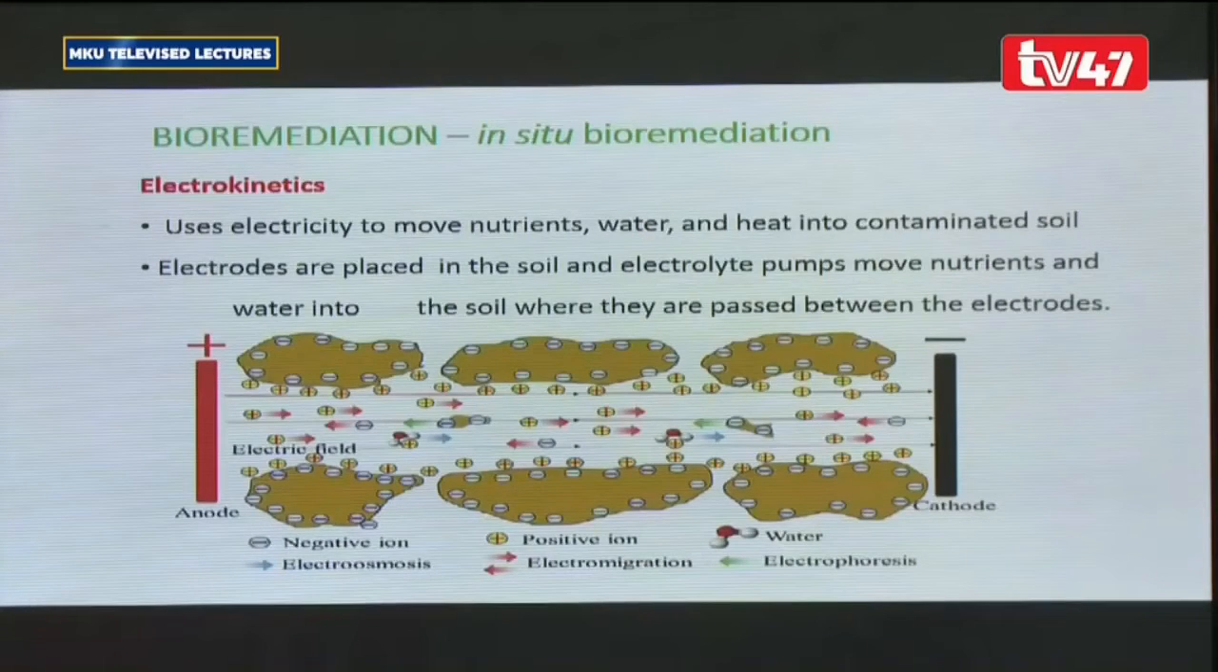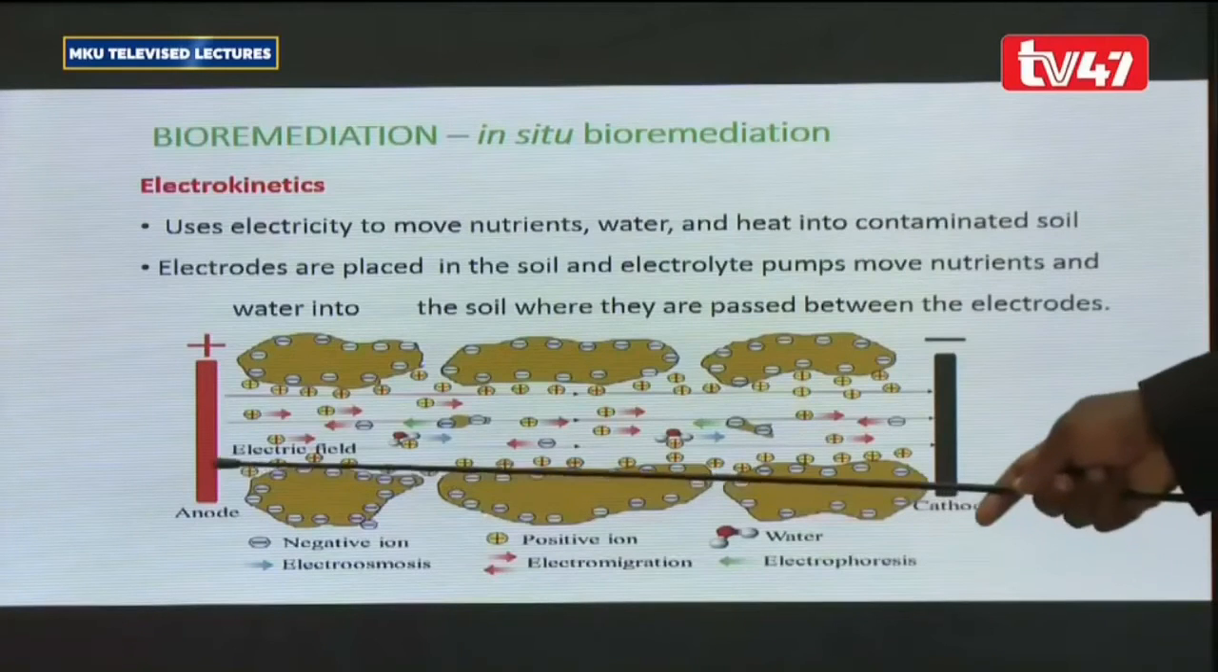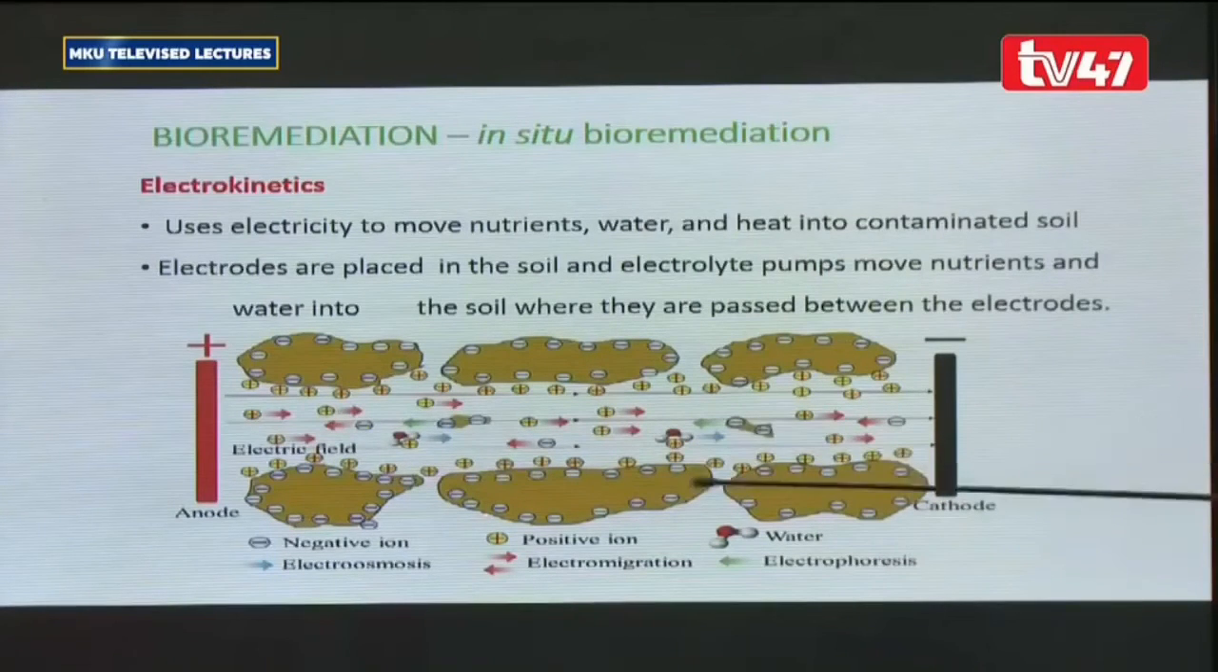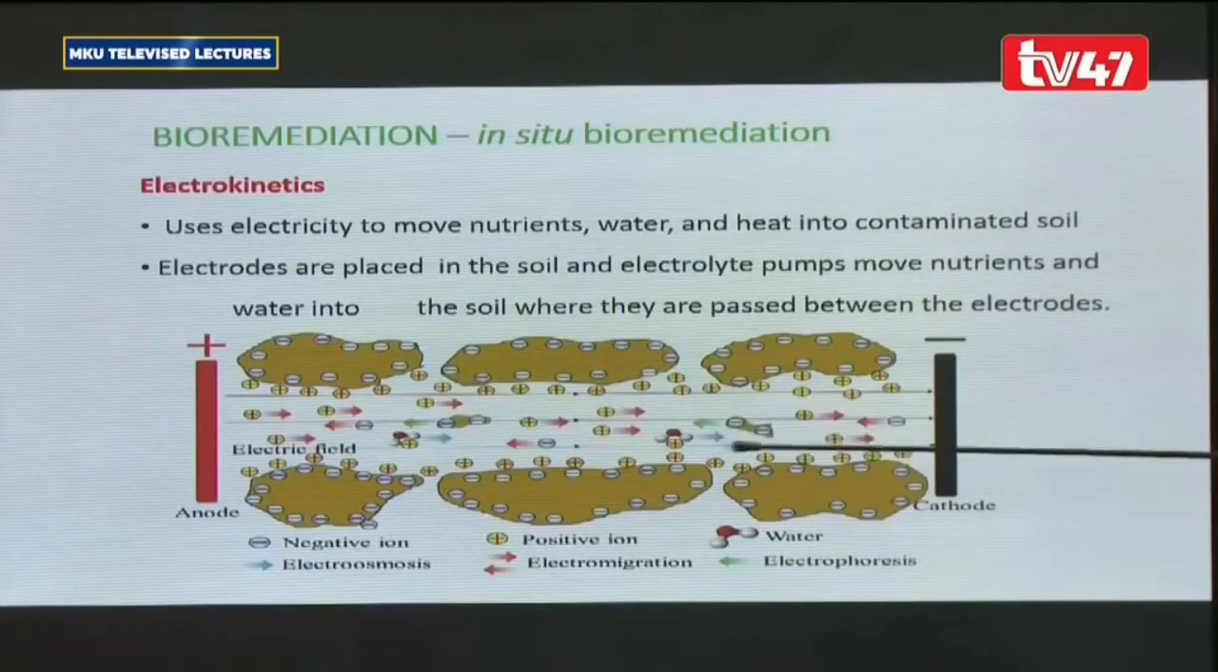So we normally insert electrodes. As you can see, we have an anode there and a cathode, and this is the area where you have the soil. And then an electric field. You can see there, those lines, an electric field is being passed across. And you find that biomolecules, meaning your water, your nutrients, they normally have charges. Some of them would have charge, especially when they're in solution. Therefore,